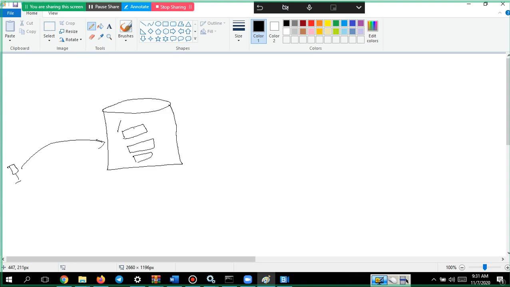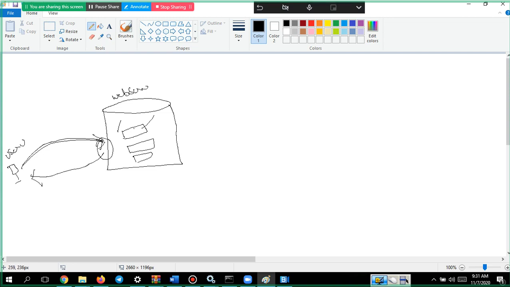So many files will be there that he will be trying to access. Whenever a request is received by the web server, it will be sending the response.